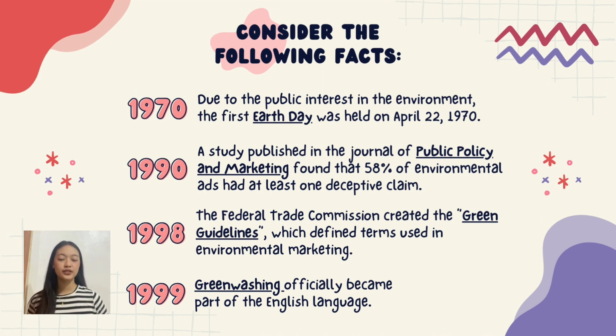Due to the public interest in environment, the first Earth Day was held on April 22, 1970. As a result, the industry as a whole started using more environmental advertising to boost its reputation. Public utilities only invested $37.5 million in pollution reduction research, but they spent a total of $300 million on advertising to position themselves as a green, clean company.